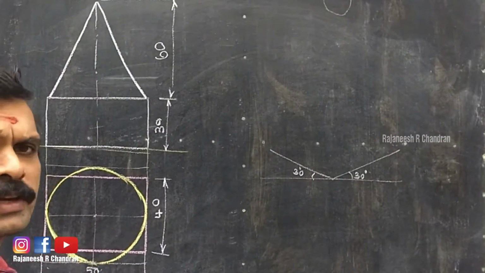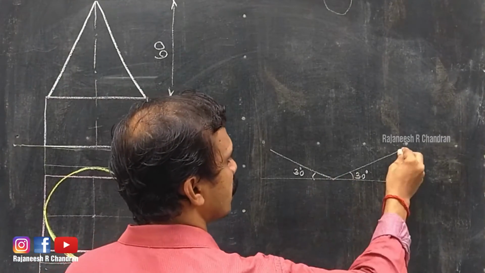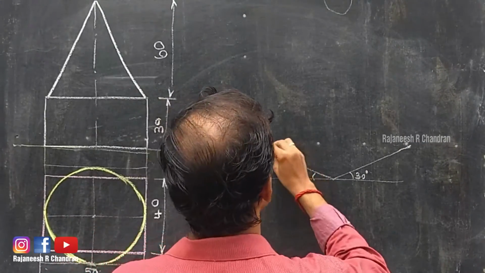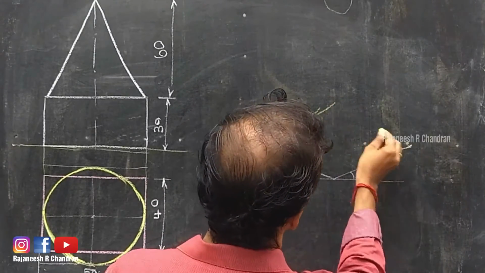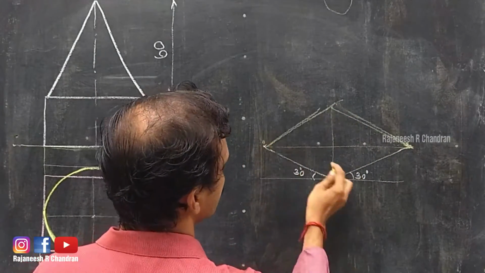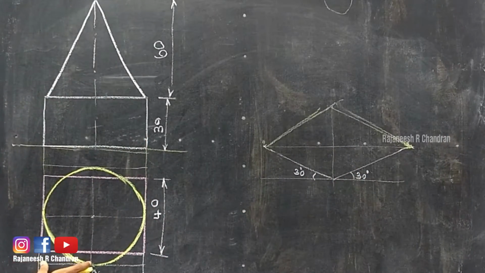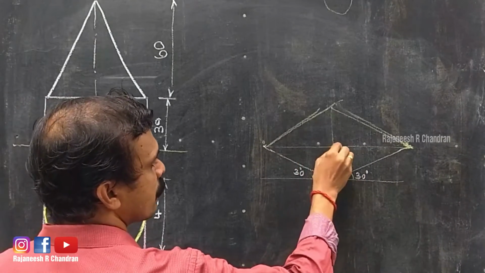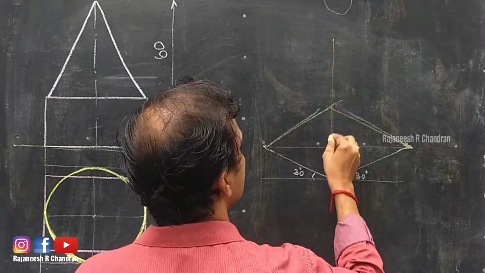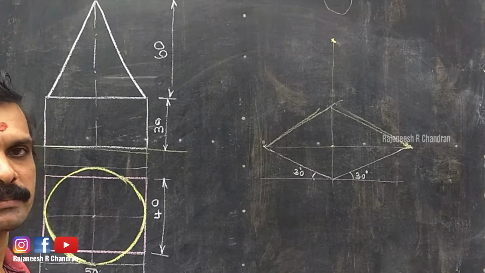We know the isometric of a circle having 50 by 50. From this point we can mark 50 here and 50 here, so that we can construct the isometric of the circle like this. Then we can obtain the center portion. Since it is the isometric of the circle, this will be the center of the circle. Otherwise you can take this distance, mark it here, and this distance, mark it here, and they will coincide here. From that point we can mark the height of 60, so this will be the apex of the cone. So the apex of the cone has also been completed.